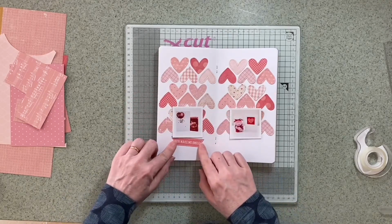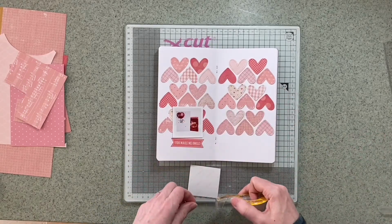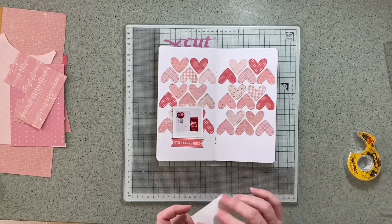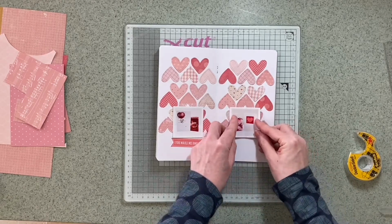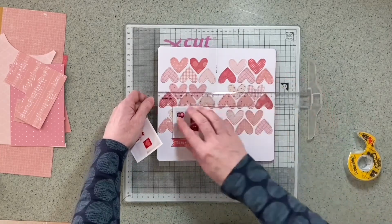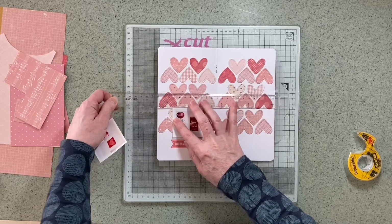So I'm just going to get these photos lined up. The one thing I've noticed with using a TN rather than scrapbook pages, because it's not going in a page protector, I need to make sure that things are stuck down a little bit more. Normally I just stick a little bit of tape to something and know that it should stay in place once it's in the page protector because the plastic will protect it. Obviously this is an actual book, so I need to be a bit more thoughtful when I'm sticking stuff down. I'm learning lots of little lessons actually